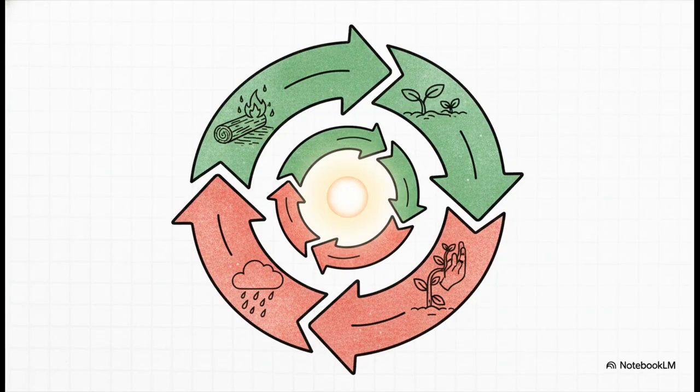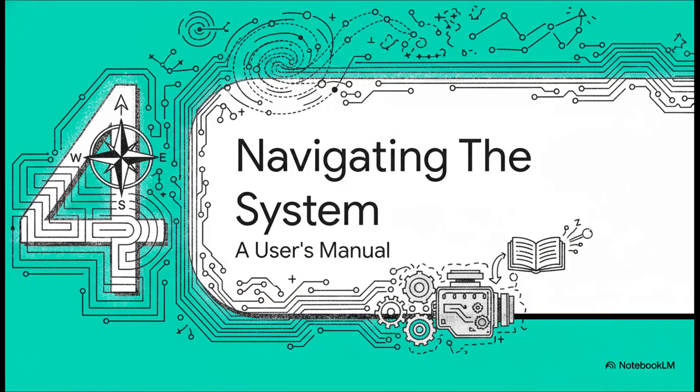And it's this constant dynamic dance between these 2 cycles, creation and control, positive and negative feedback, that creates what we call homeostasis. It's how the entire cosmic system keeps its balance and stays within viable, life-sustaining limits. It's absolutely genius. Okay, now that we understand the system's map, its parts, and its engine, we can finally get